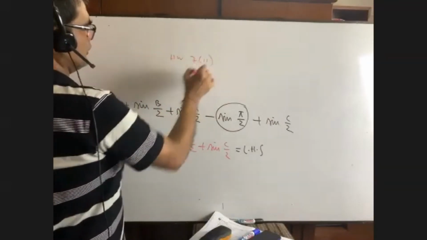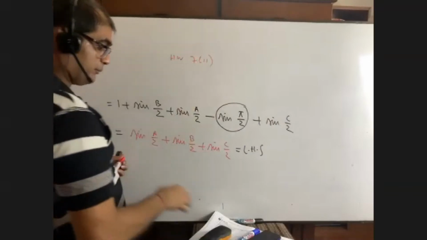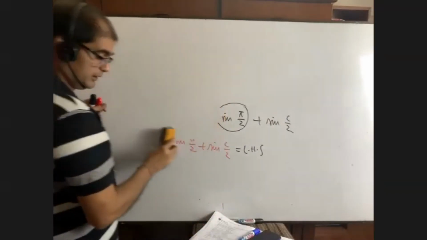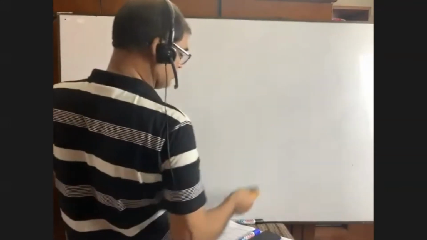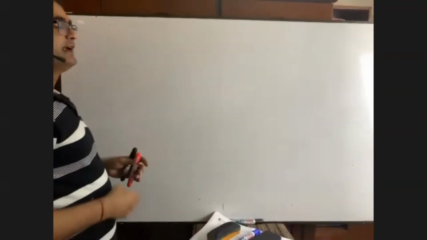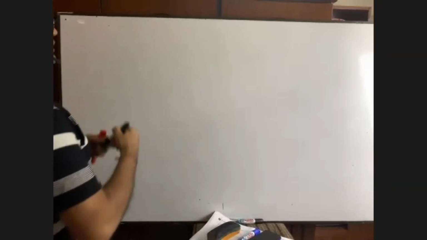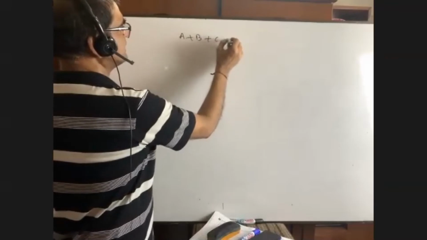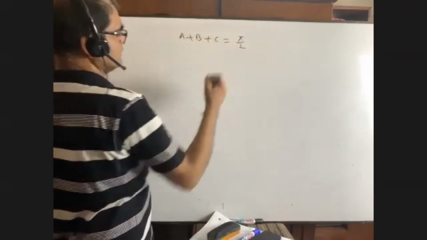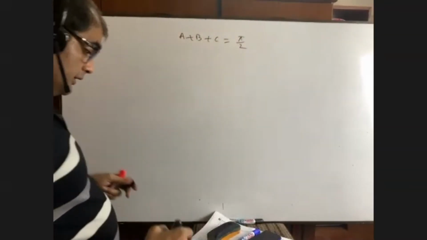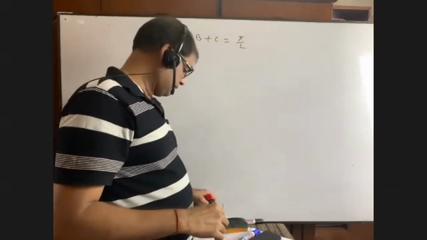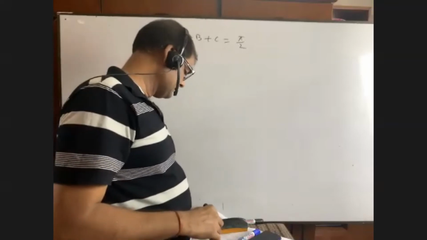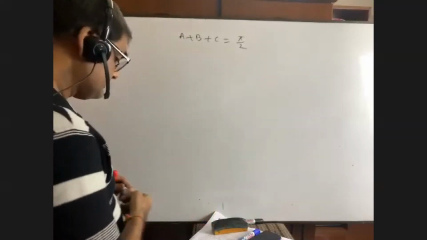But I am going to the most important math, that is question number 8. All of you please pay attention. Up to this, we had A plus B plus C equals pi. Now from onward, we have A plus B plus C equals pi by 2. From now onward, all the maths will be done on this. Question number 8, question number 8.1.